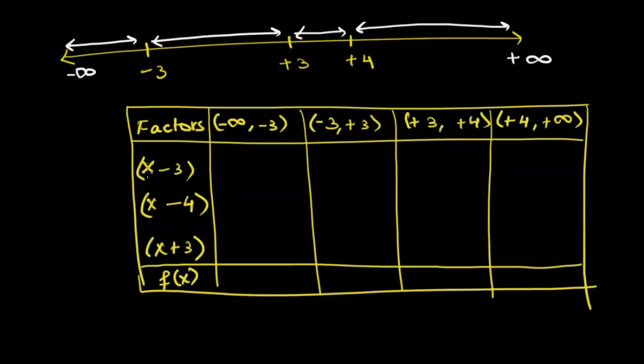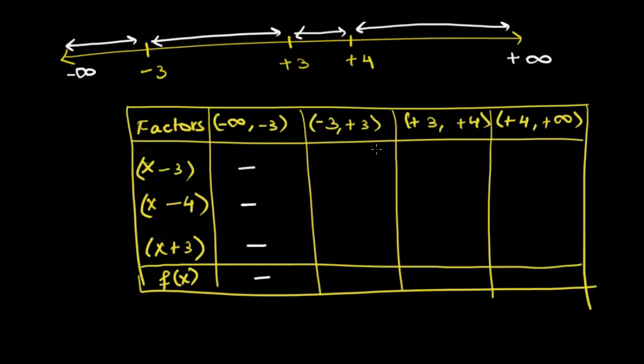And we put that negative 10 as x in each of these factors and find out the sign of the result of each factor. If we put negative 10 here, negative 10 minus 3 is negative 13. We just have to worry about the sign, so negative 13 means we take a negative sign in the table. When we put negative 10 here, negative 10 minus 4 is negative 14. We just take the sign. Negative 10 plus 3 is negative 7. Again, we just take the sign. And now the product of three negative signs will give us a negative sign for the function.